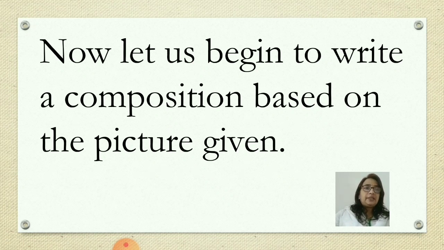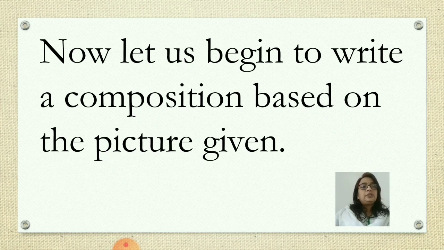Now the 7 steps we understood. You want me to recall it? The first step was observe the picture carefully. Second, ask the questions and note down the answers. Third, give the title. Fourth, touching to the margin, and then you can start writing. Then fifth, logically, whatever sentences you frame, you have to arrange them in logical order. And last but not least, all the sentences of the picture composition will be in present tense.